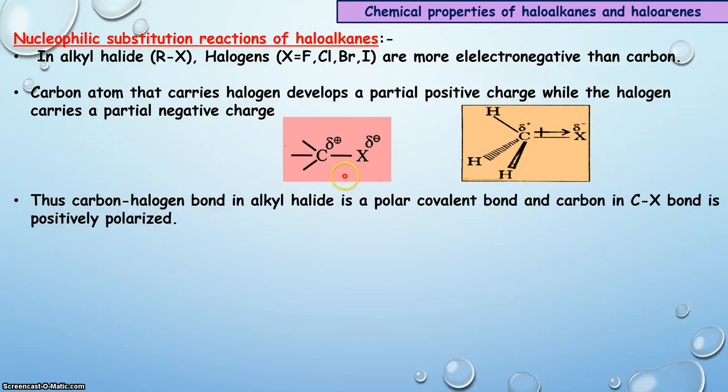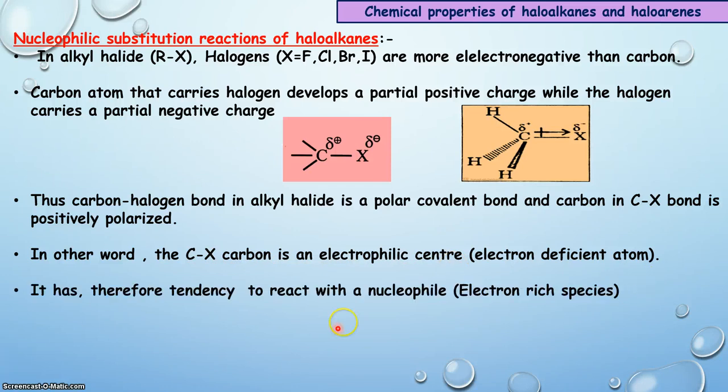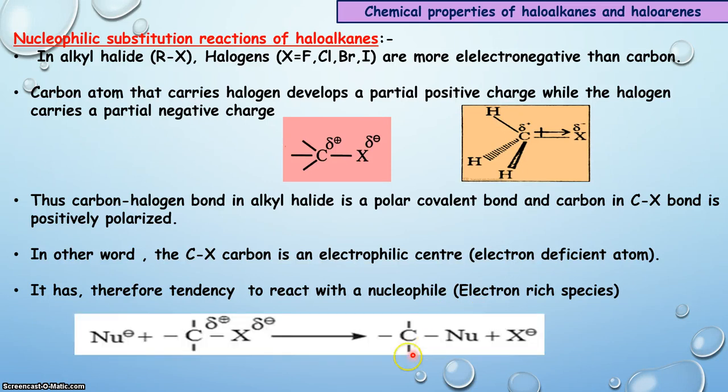So this carbon-halogen bond in an alkyl halide is a polar covalent bond, while the carbon in the carbon-halogen bond is positively polarized. In other words, this carbon is an electrophilic center, that is an electron deficient atom. So it has a tendency to react with a nucleophile, which is an electron rich species. Here is the reaction in which a nucleophile interacts with the electrophilic center of an alkyl halide and further gives the nucleophilic